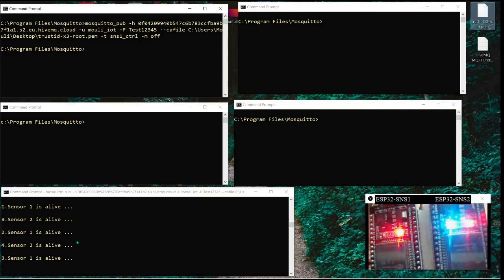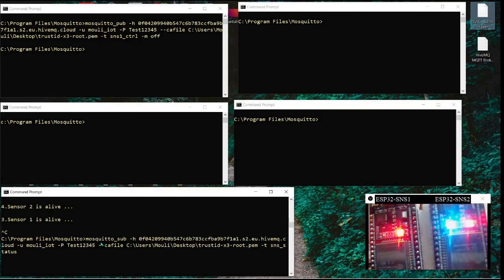Now, who is receiving it? In this window, let me show you who is receiving it. It's a subscriber because it has subscribed for the messages coming from the publishers. Now the sensors are behaving like a publisher, as I said, because they are going to send a status. The same device can behave like a publisher as well as a subscriber. So it is subscribing to the control commands and then publishing its own state on a particular topic.